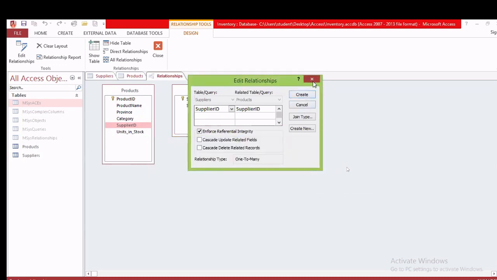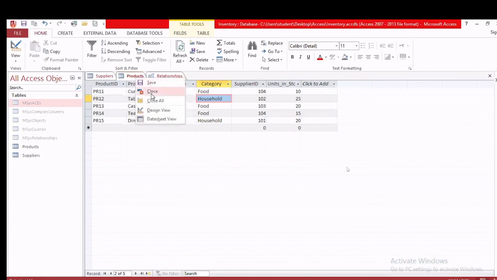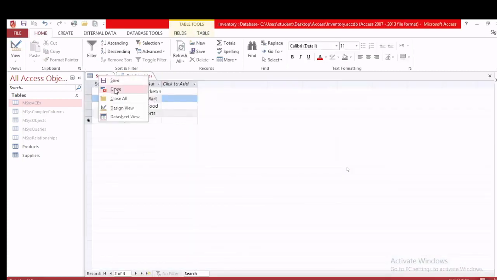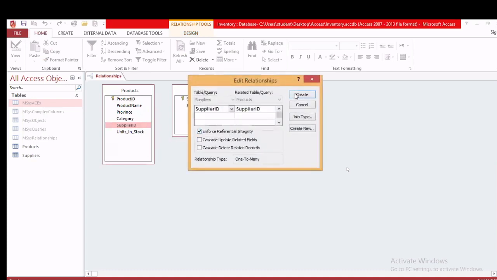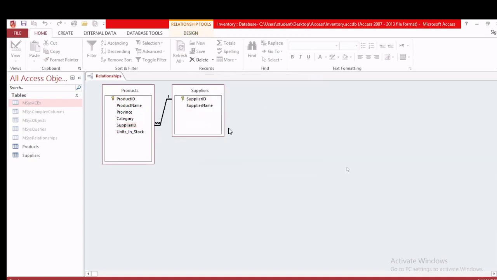Okay, when you create a relationship, you have to close these tables. So now click and drag. Okay, here one supplier can supply many products. Okay, or before you can save this, or you